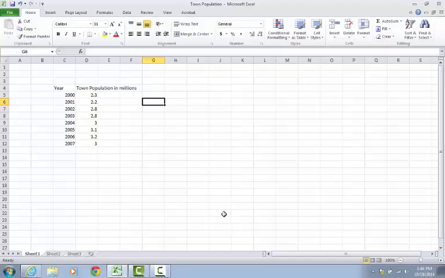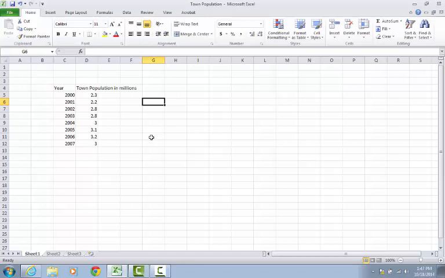Hello, in this video we're looking at making line graphs in Excel. To make a line graph in Excel, you need input data and output data. It can either be given to you like this, with input data and output data in columns, or you could do it with histogram data. The input would be the bins, the output would be the frequency, or the relative frequency if you want to